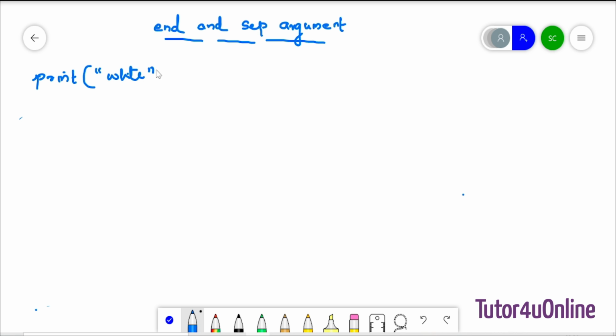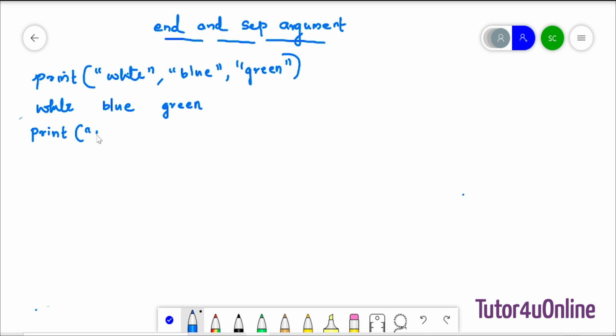It's a string, that is why I have written it in double quotes, comma, blue, comma, green. Now, if I press enter, I'll get the answer white, space, blue, space, green, because by default the separator is space.